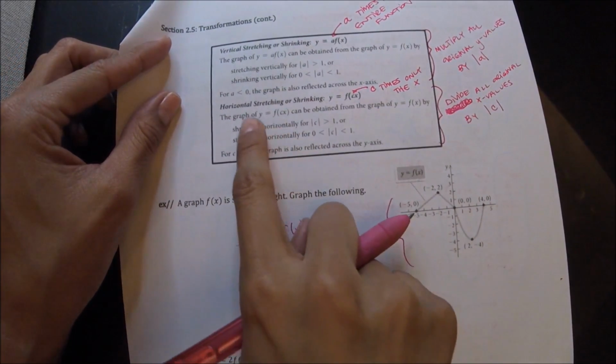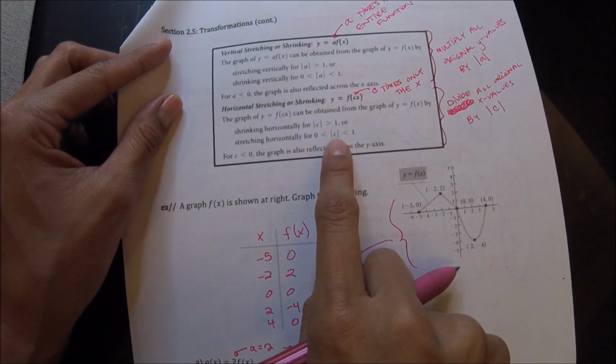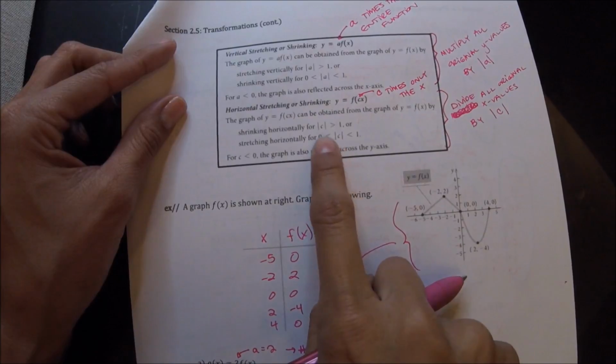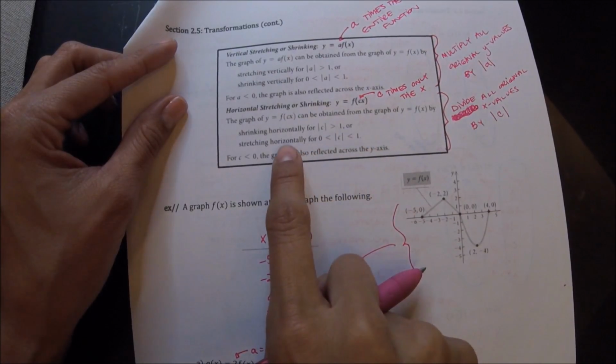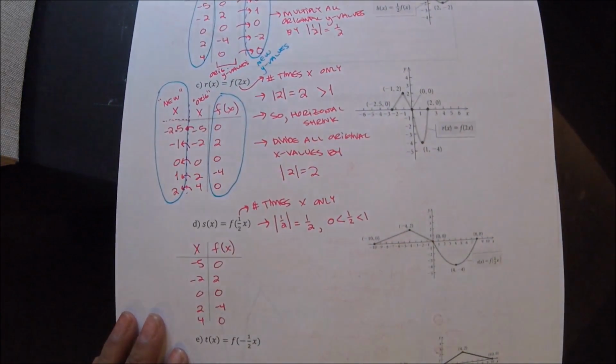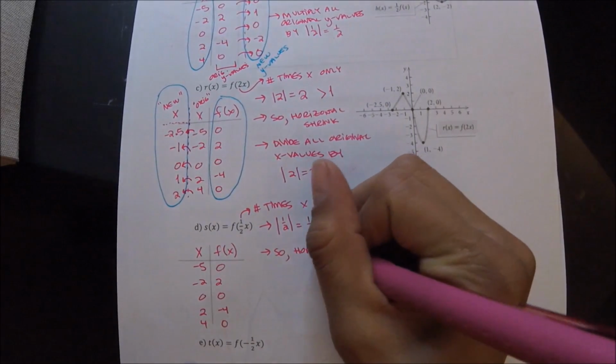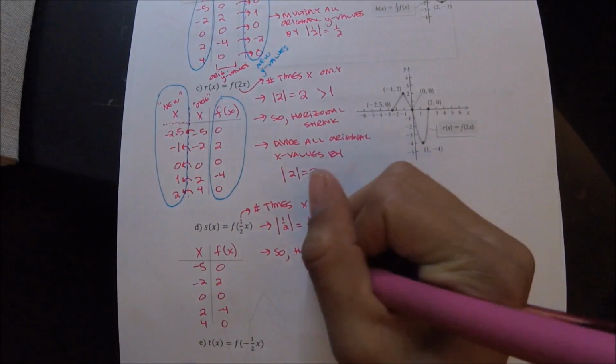So if you look back at the chart, for horizontal stretches or shrinks, if the absolute value of the number that's being multiplied is between 0 and 1, then we call that a horizontal stretch. So this time we have a horizontal stretch,